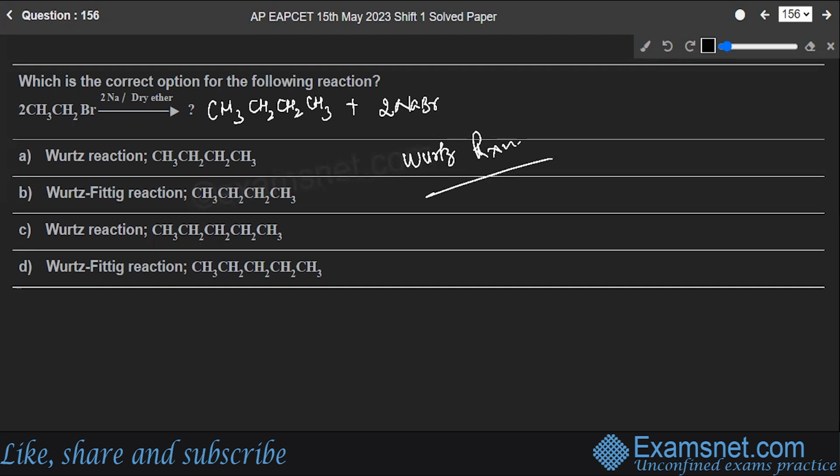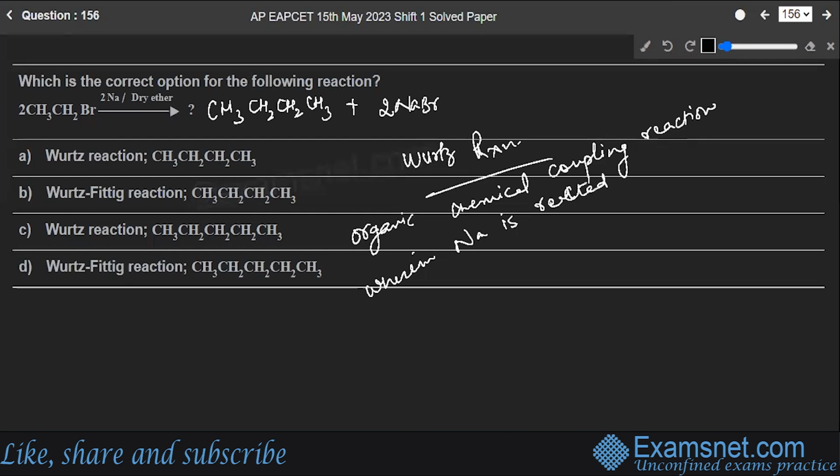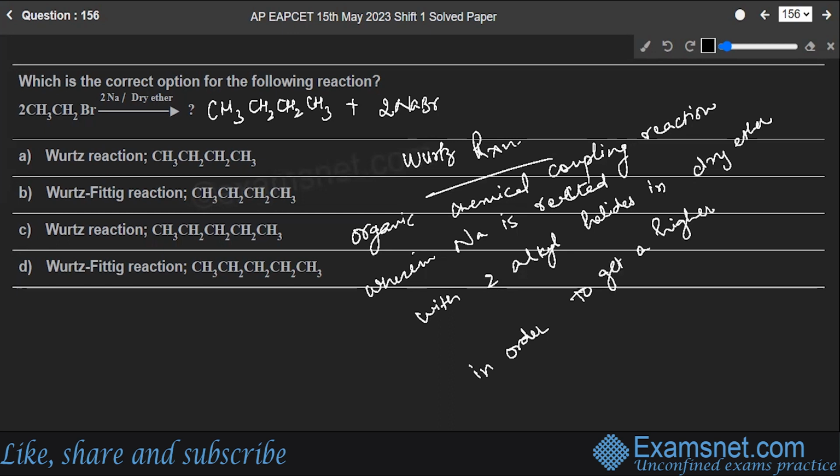And what is that? What is Wood's reaction? It is an organic chemical coupling reaction wherein sodium is reacted with two alkyl halides in the environment provided by a solution of dry ether in order to get a higher alkane